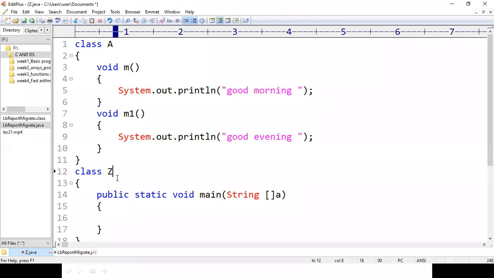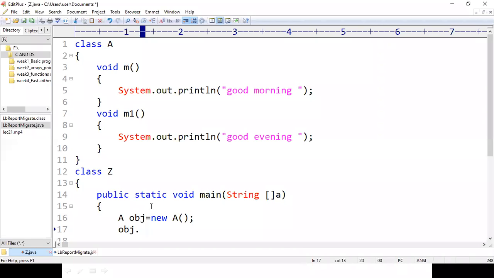Now in class Z, I have written the main method of the Java programming language. Here, if I have created an object for class A, with this object I can access the methods m and m1.